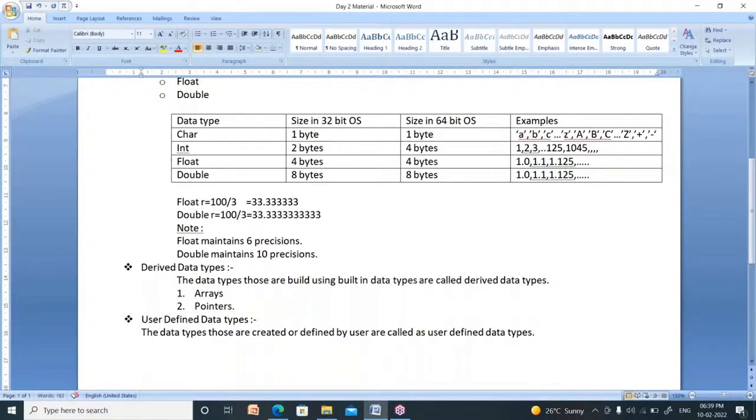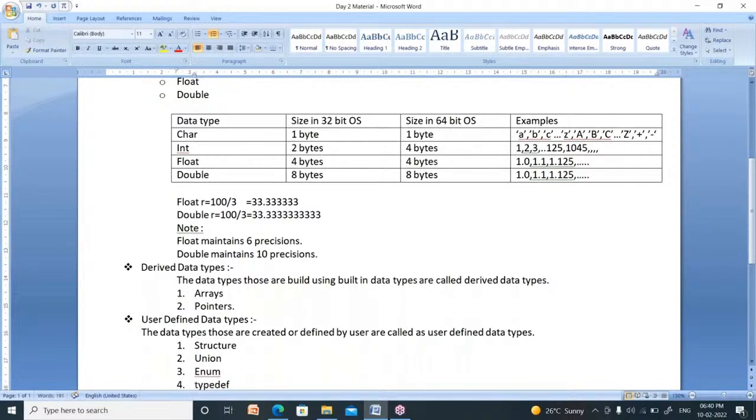How many types of user defined data types are there? Four types. One is structure. Second one is union. Enum, which means enumerator, is also a user defined data type.